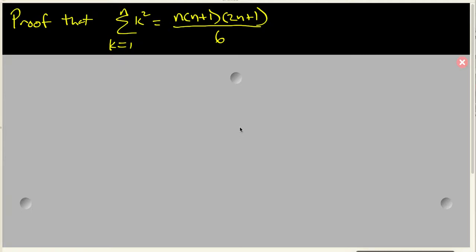In this video, we're going to look at the proof of the fact that the sum as k goes from 1 to n of k squared is given by n times n plus 1 times 2n plus 1, all divided by 6. I actually want to look at the proof given in our textbook by the authors